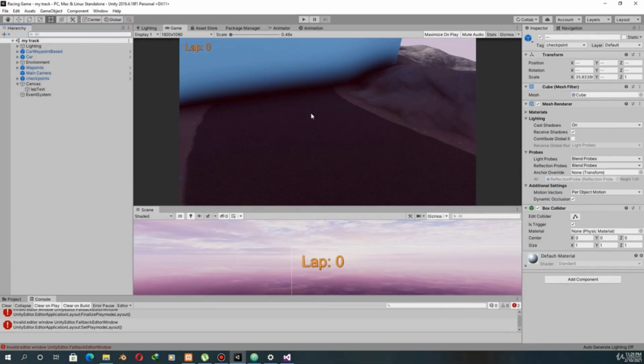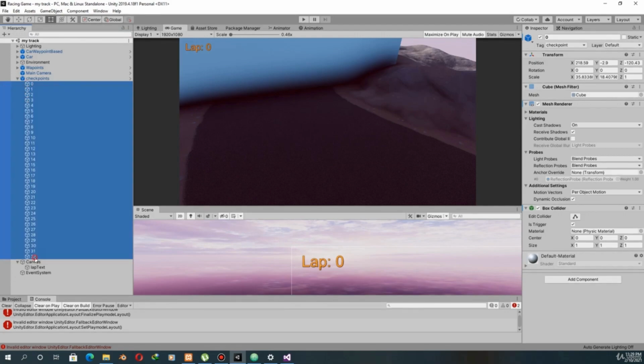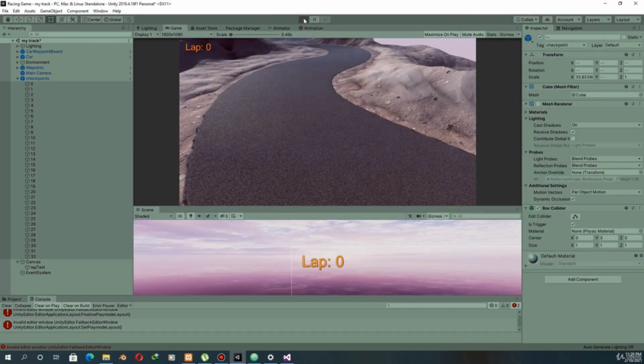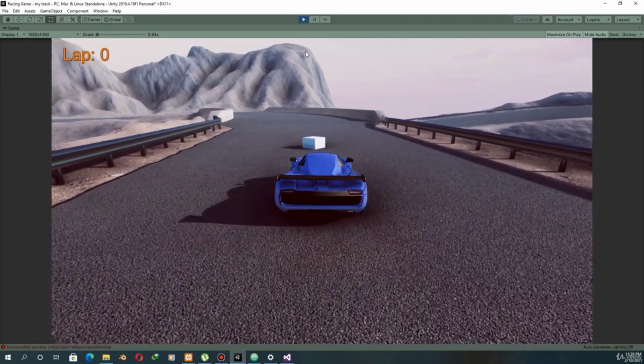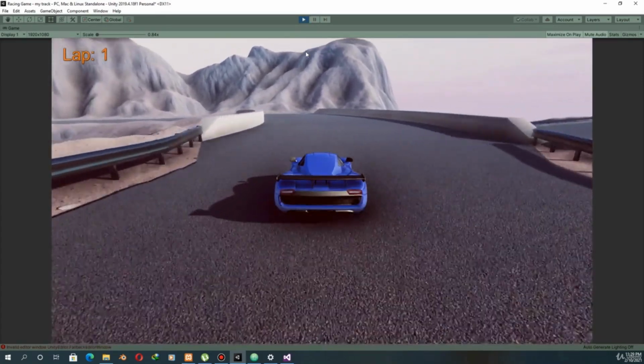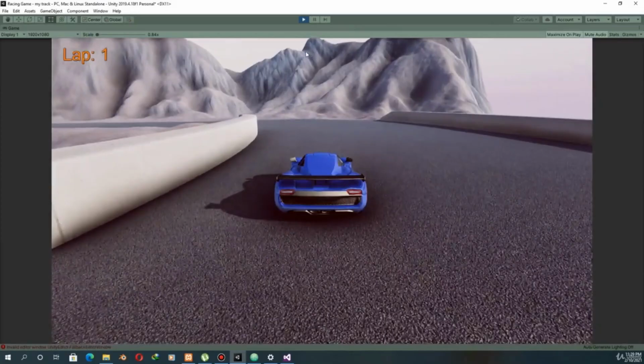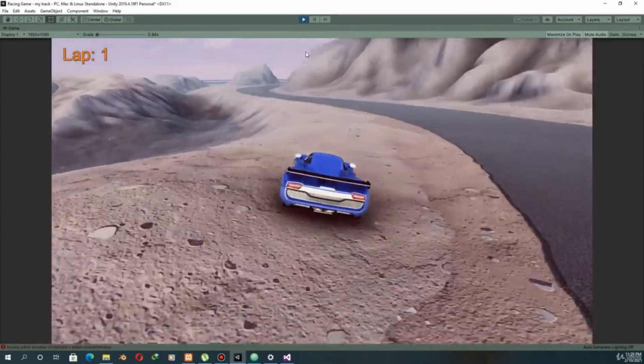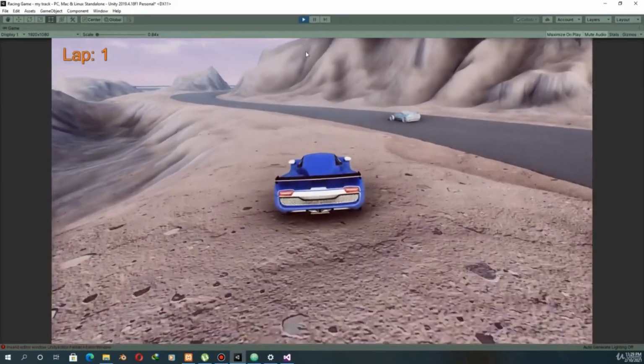Now you can see that if the player skips the checkpoints, first I will turn off the mesh renderers, and I will play the game. Now if the player is playing the game and for some reason he loses control and he goes here, and then he again comes back.